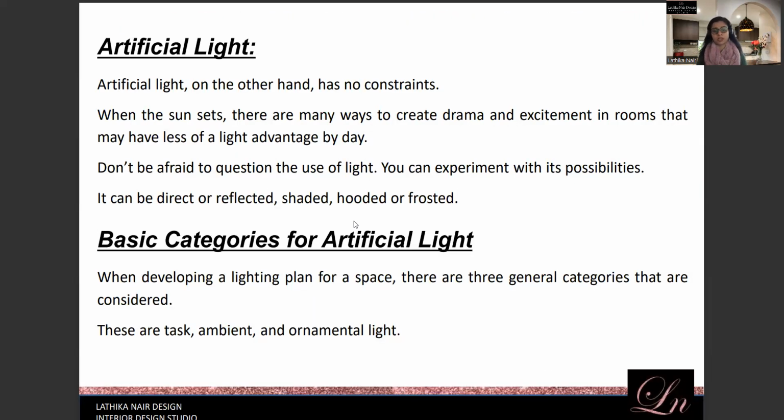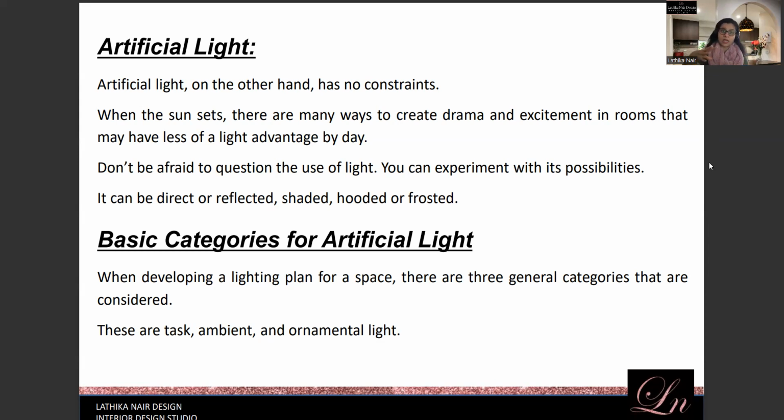The next one is artificial light. Now, as you know, with artificial light, there is no limitation. You can have as much light as you want. So you can create drama with artificial light. Light is always something you can really play around with. That's just another whole aspect that you can play around with. Light itself can be created like an art form which has its effect on its own. So you can use light to achieve that effect as well, especially artificial light. Now, when you consider artificial lighting, there are many kinds of lighting.